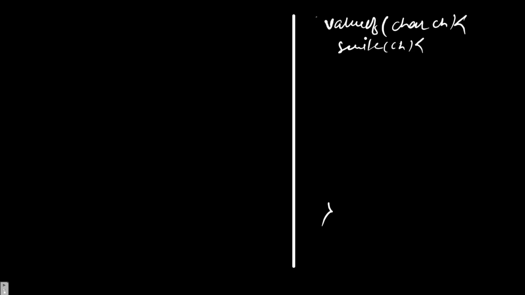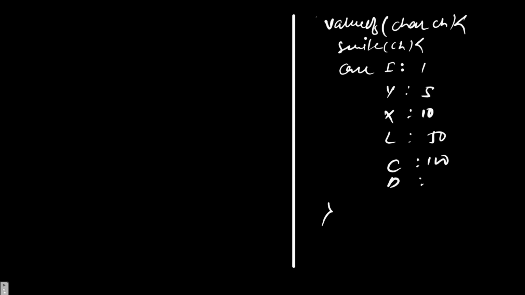So for case I we will be returning 1, for case V we will be returning 5, for case X we will be returning 10, for case L we will be returning 50, and for case C we will be returning 100, for case D we will be returning 500, and at last for case M we will be returning 1000. And at last we will be returning a value, any integer value that is going to satisfy the return case,